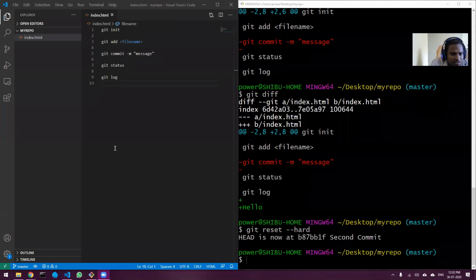Then Khan Samir is asking, I mean to say, if we use reset, then the added part also gets reset. Yes, I understood your query. In that case, we will be using revert and not reset. We will see that when we go to that particular point. Right now we are not dealing with the revert function. It is a bit of an advanced topic.